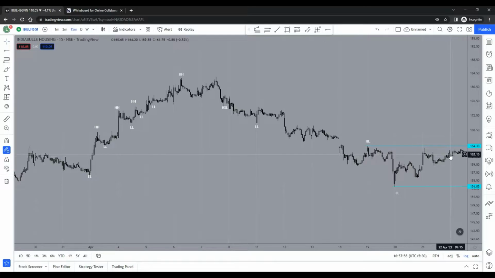And until this point is breached, this is still in a downtrend, so our expectation should be that the market will be breaching this low and creating a